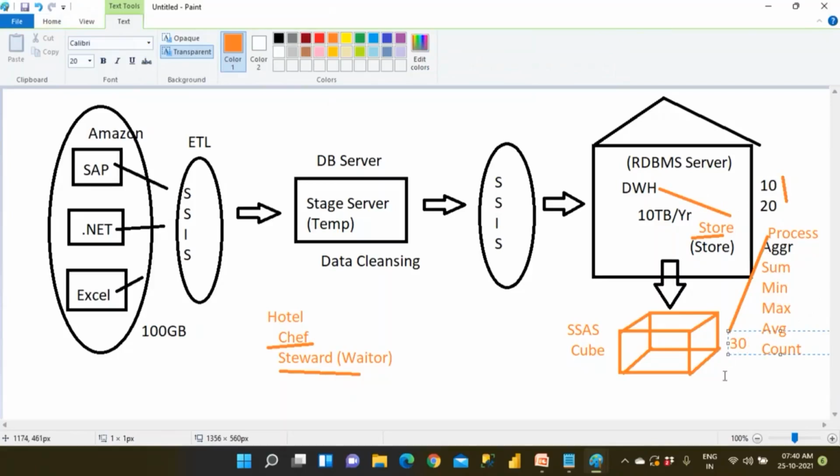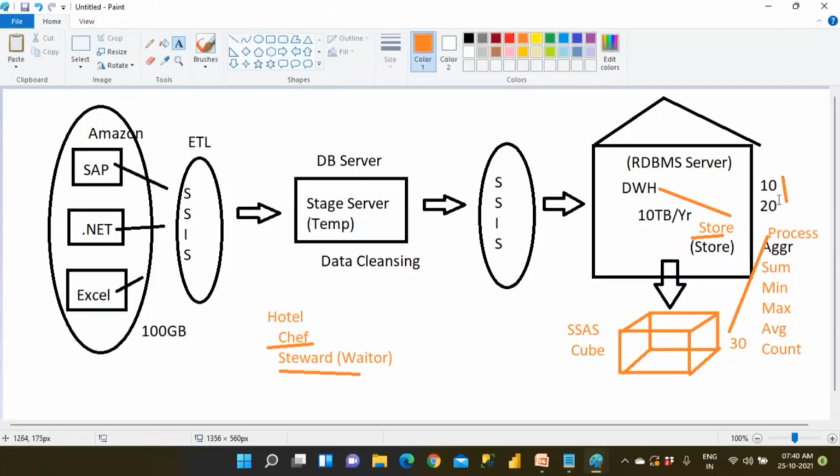Okay. So aggregate. So tomorrow I would like to find out what is the minimum, what is the maximum, what is the average. All these things will be stored in where? In SSAS. Clear? So what is the need for SSAS? It is going to be processing the data. What is the need for data warehousing? The data warehouse also can process the data.